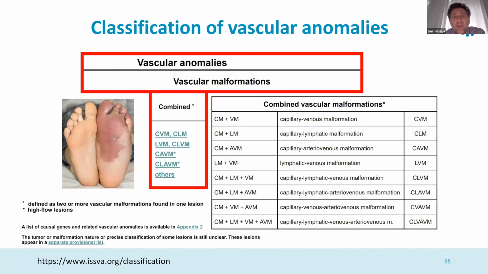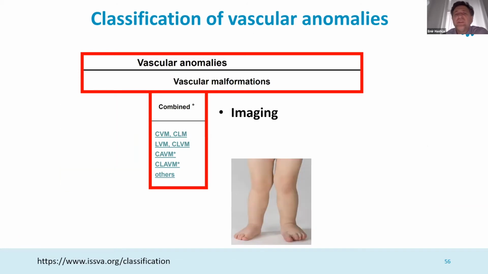The combined group of vascular malformations is nothing more than the combination of these different types of simple vascular malformations I have just mentioned. So if you have a capillary malformation together with a venous malformation in some part of the body, and the basis would be a sporadic mutation, then you will have a capillary venous malformation. If the capillary malformation goes together with a lymphatic malformation, then you can classify it as a capillary lymphatic malformation, and so on, all possible combinations between these different